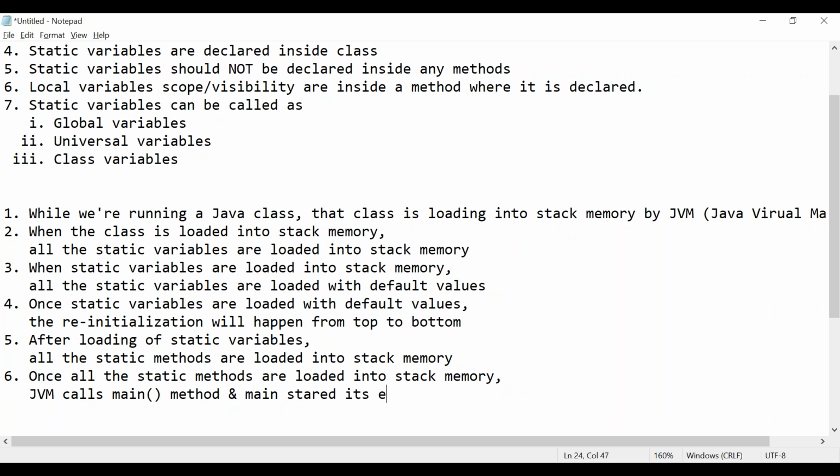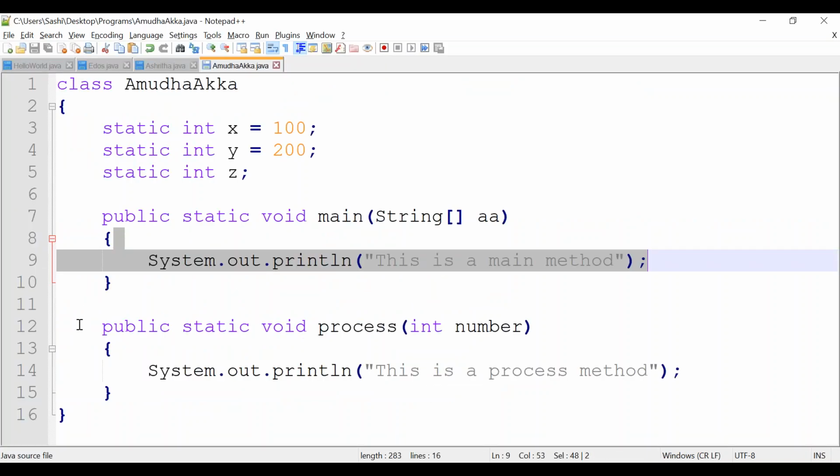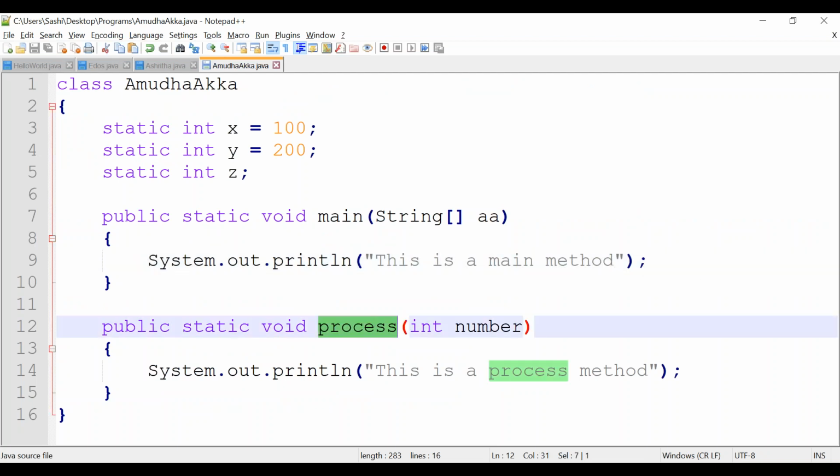Control goes to the main method. Whatever we keep inside the main method, execution starts from there. Suppose the process method: JVM did not call the process method because it is our own method, a user defined method, correct?